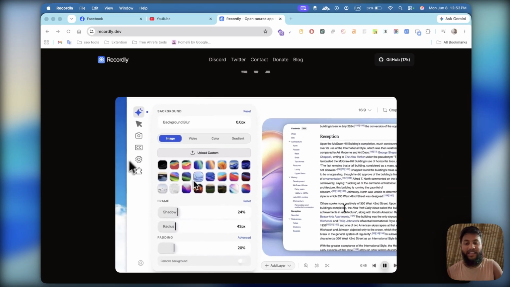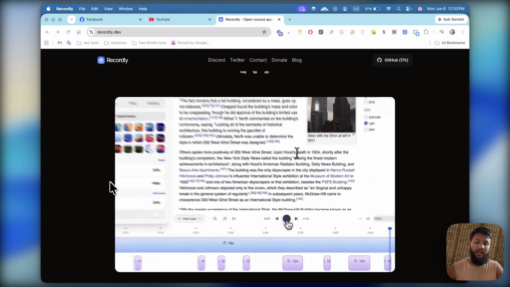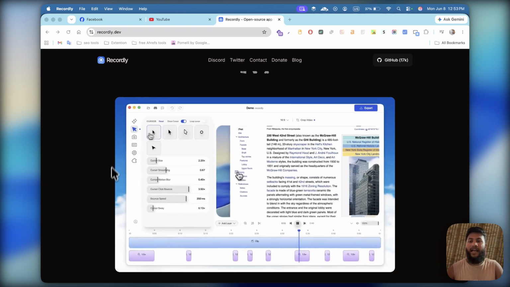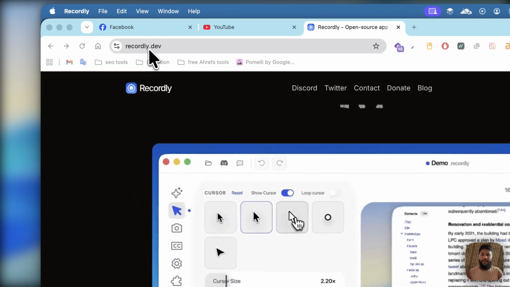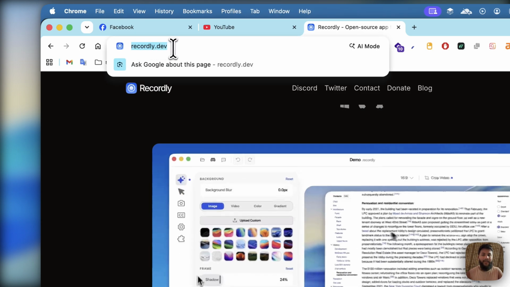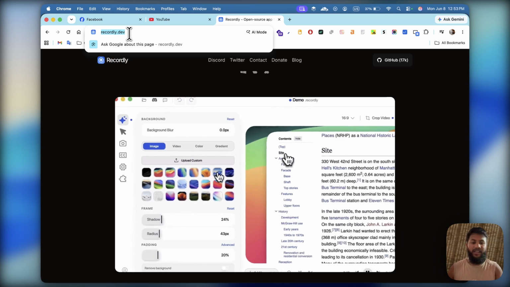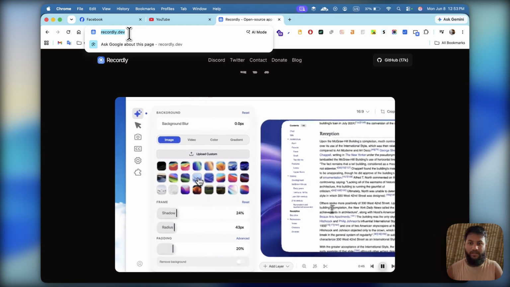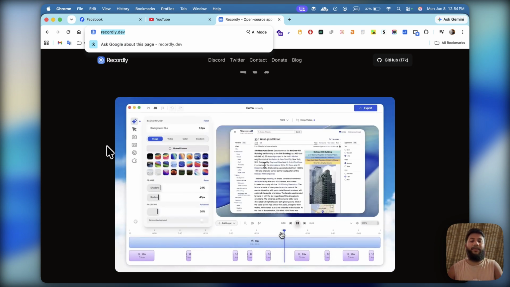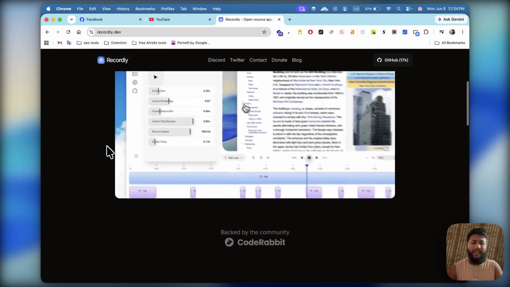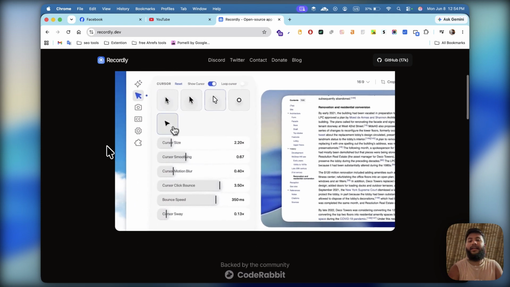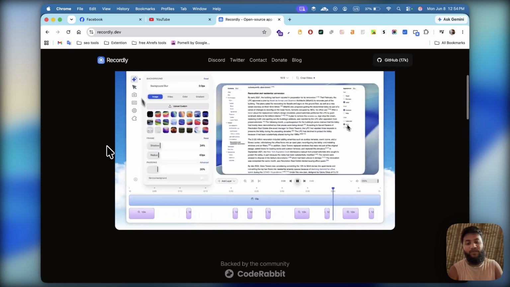Like if I wanted to show you the URL of Recordly, I can just go to the bar and I can click on here. This is the recordly.dab. It will automatically zoom in. You'll maybe see it's zoom in and shows you the recordly.dab. It's amazing,